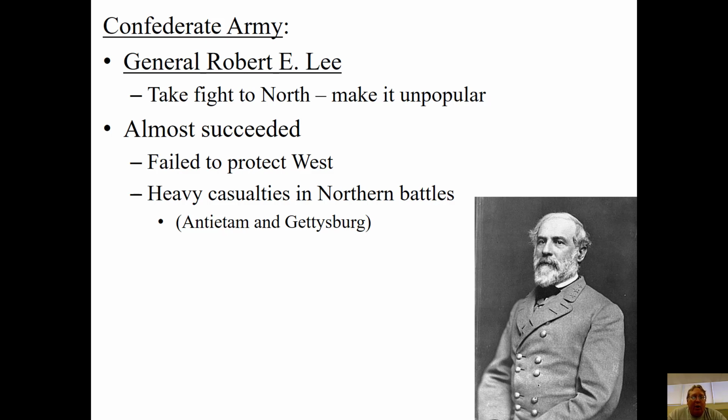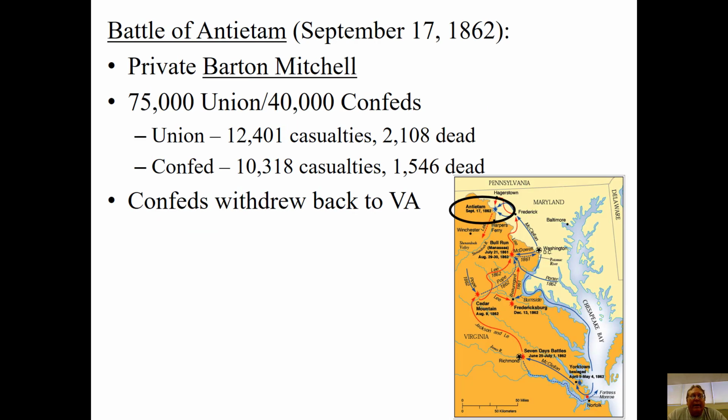Well, all of this comes home in one moment here in 1862. After about a year and a half of fighting, one of these moments happens. Lee has decided in September of 1862, after holding off the first round of northern attacks on Virginia, that now's the time to take the war to the North. Prove to people in Pennsylvania and Maryland that there's no way the North's going to win this war.